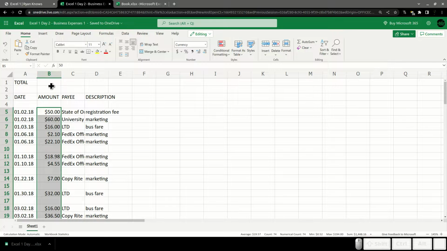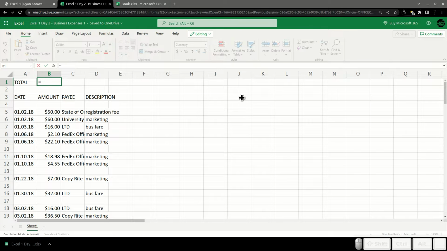That's important because what I'm going to do up here is type equals. Oh, I skipped ahead a little bit, y'all. I'm so sorry. This is going to be our first use of a function. There's no way to use a plus sign and add all of those together without saying plus for each one of the 74. However, Excel has a whole bunch of built-in formulas or functions that will do various types of calculations for us.